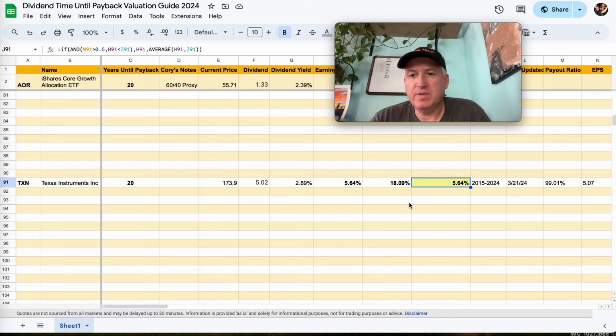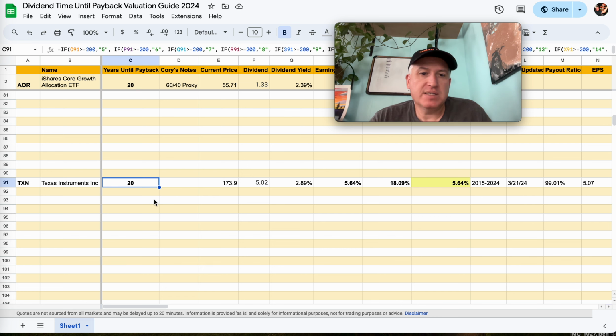So when that's all said and done, without taking you through the whole process, it looks like if these assumptions are right, at the price today, it would take about 20 years to earn your money back from the dividends. To me, that's a long time. I like it to be 10 years before I would consider buying something just for the dividend. 12 years, I think most normal dividend investors would be pretty happy with that. So yeah, like 12 to 15 would probably be like a hold range, and then when you get above that, things are getting more overvalued on an absolute basis. And that's just my personal scale